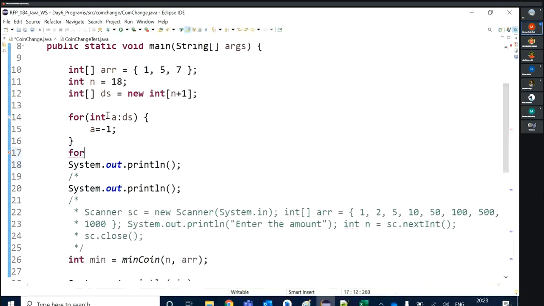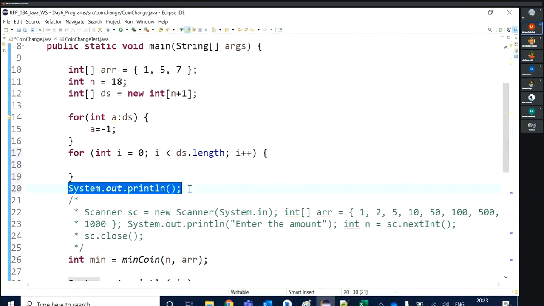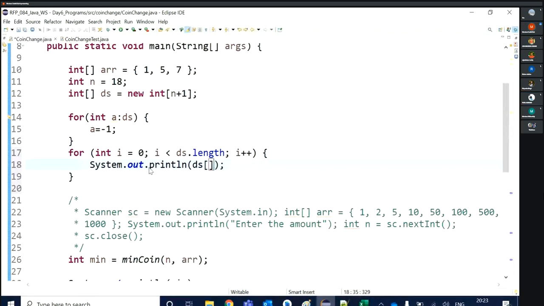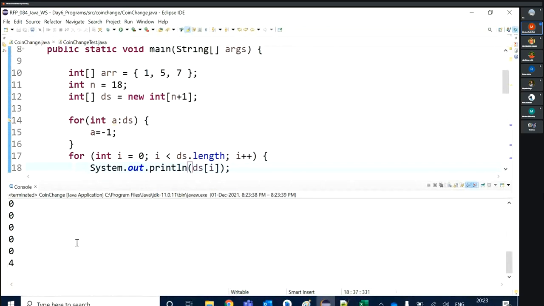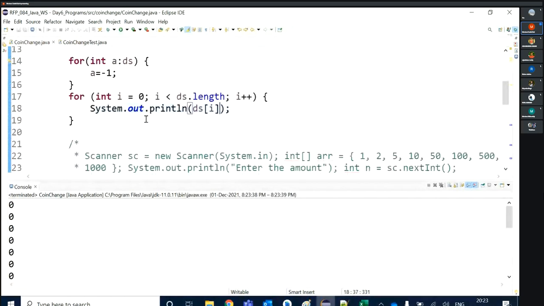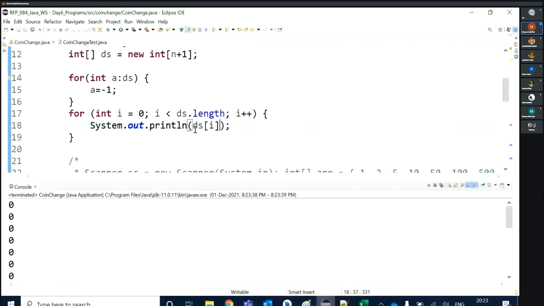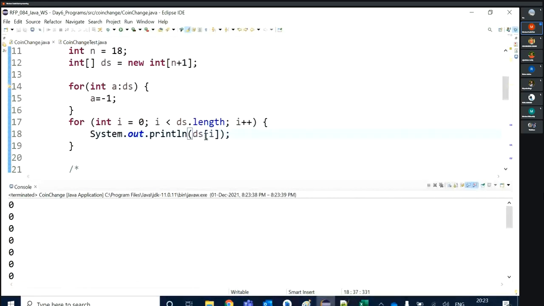Let's print ds of index i. I just filled my array with -1. I want to fill this array with -1. Why is it not doing this? Sir, we need to add the method ds dot add instead.